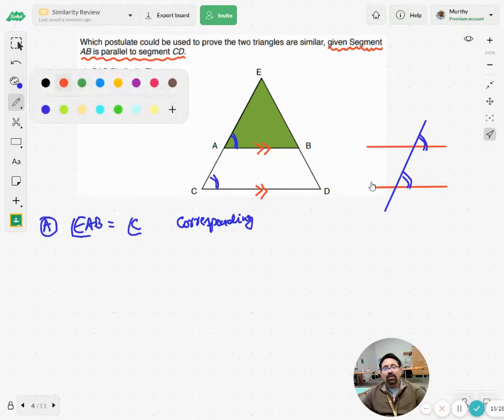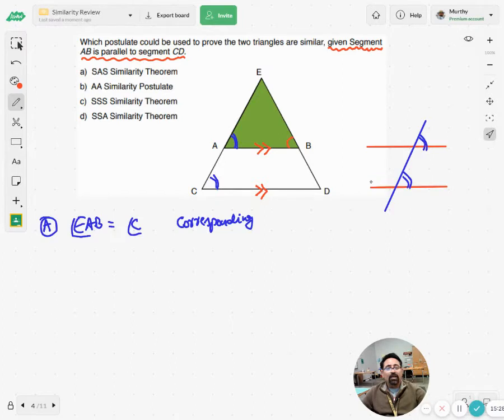In the same way, if I take this angle and this angle, or let me use a different symbol. Yeah, these two are the corresponding angles. So again, don't say angle B, because we don't know whether it is above the line or below the line. So make use of three letters, that is, angle EBA equals angle D. The reason is again the same,